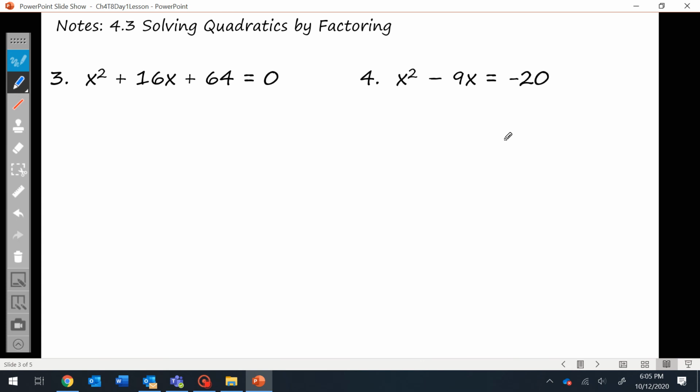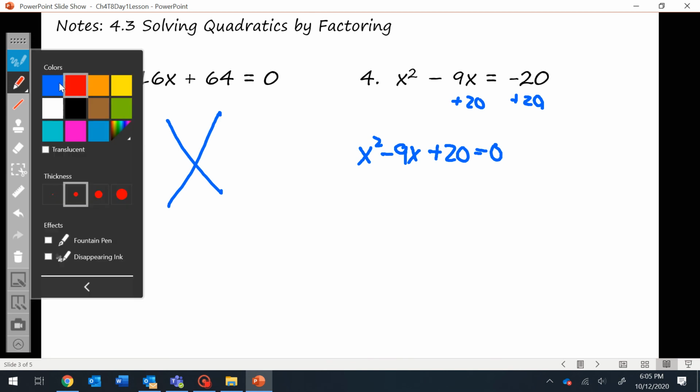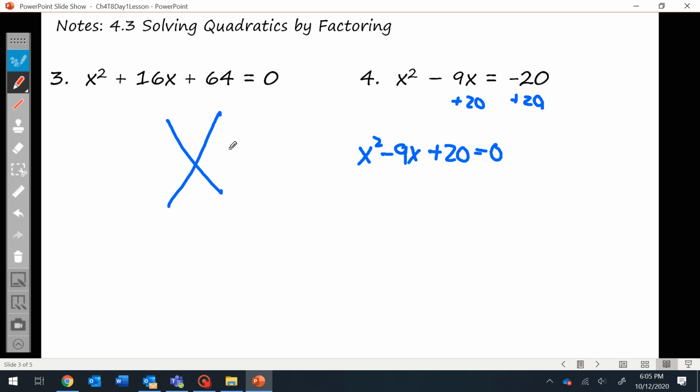Alright, number 4. This one is not equal to 0, so I need to get it equal to 0, which means putting the 20 on the other side. So I got x squared minus 9x plus 20 equals 0, and now I can solve it. a is 1, so I don't have to do factor by grouping. Up top is a times c, so positive 20. Bottom is negative 9, the b value. And I'm looking for two numbers that multiply to positive 20 and add to negative 9,